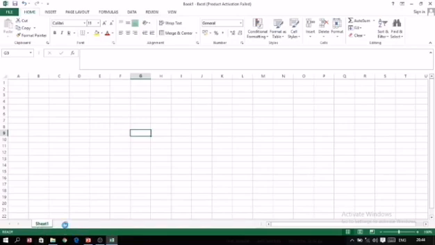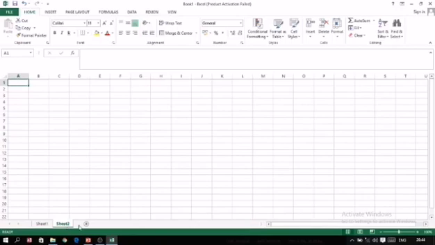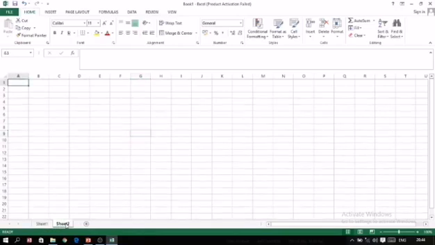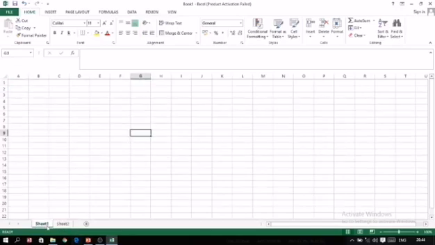But if you want to add more sheets, then just click on the plus button and more sheets will display. Now I have 2 sheets over here, Sheet1 and Sheet2. If you want to work on Sheet1, just click on it. This is known as the sheet tab, where the name of the sheet is displayed. The active sheet is displayed in bold. As you can see, this time Sheet2 is active and now Sheet1 is active.